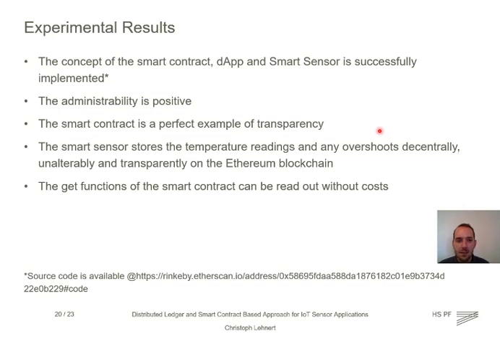The smart sensor stores the temperature readings and any overshoots decentrally, unalterably, and transparently in the smart contract on the Ethereum blockchain. The contract is designed in such a way that only the most necessary arithmetical steps are carried out on it, in order to keep the execution as cheap as possible. The source code of the smart contract can be found under this link.